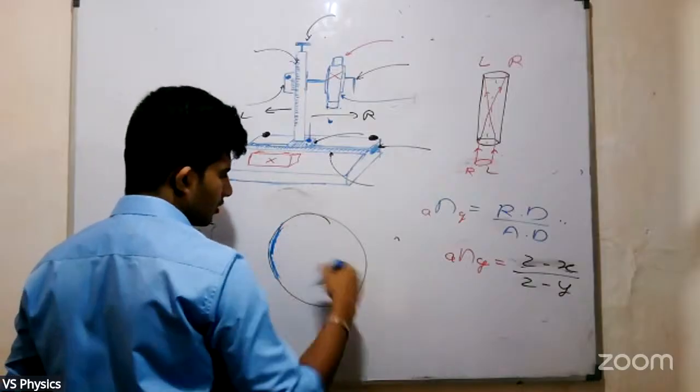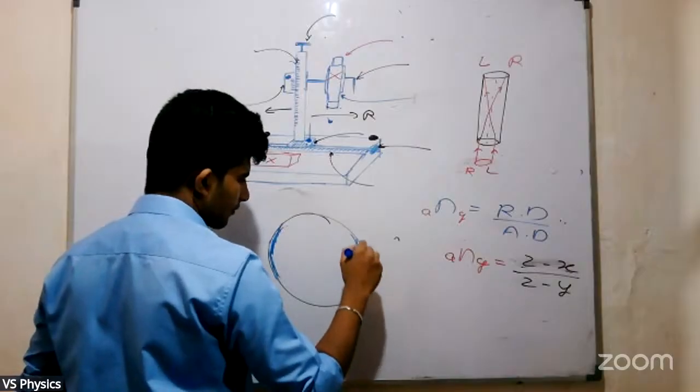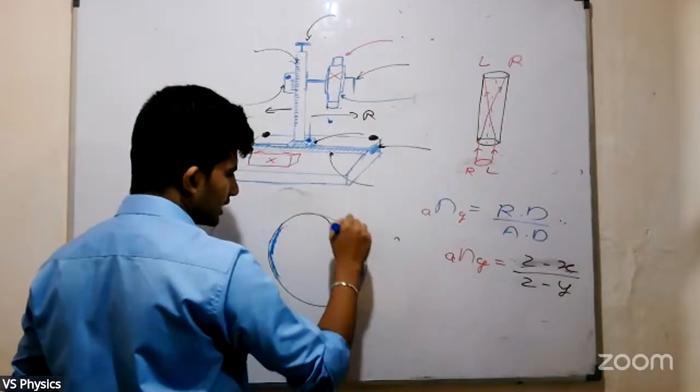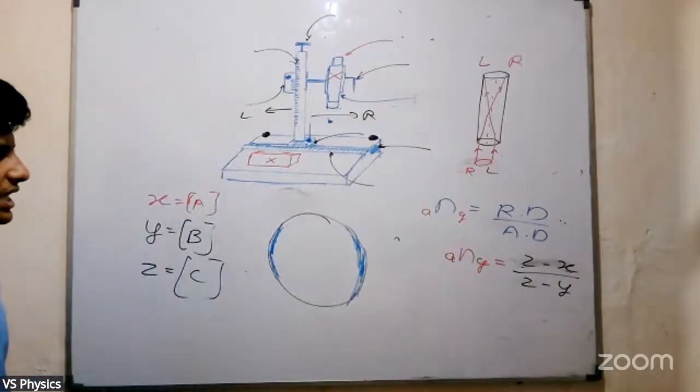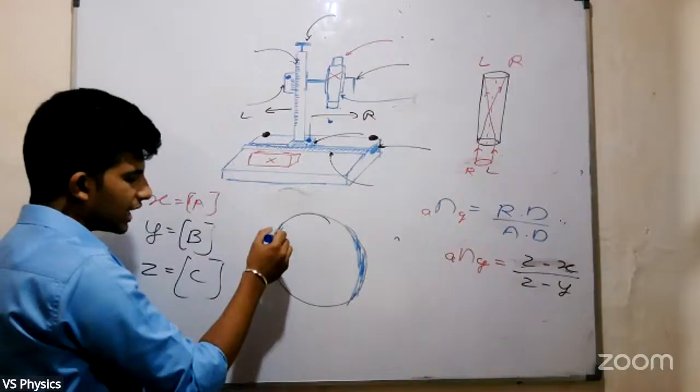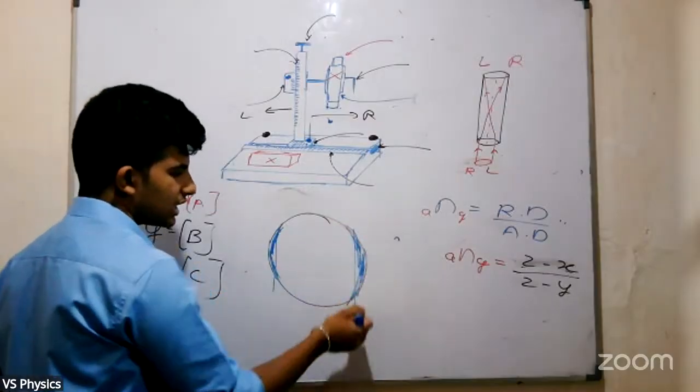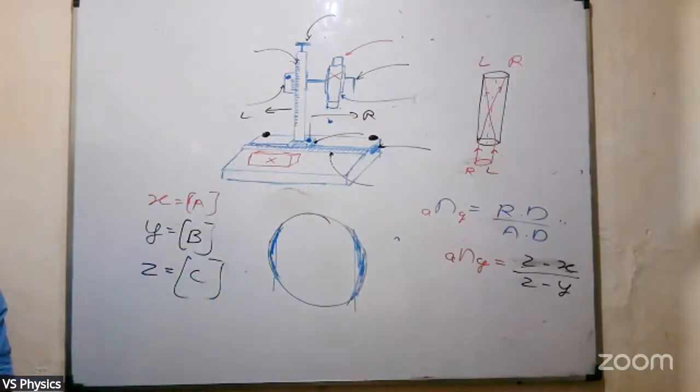With these dark regions, this will first of all look like an oval. Second thing, when you take a measurement, your x1 comes here and x2 comes here. So what will happen is